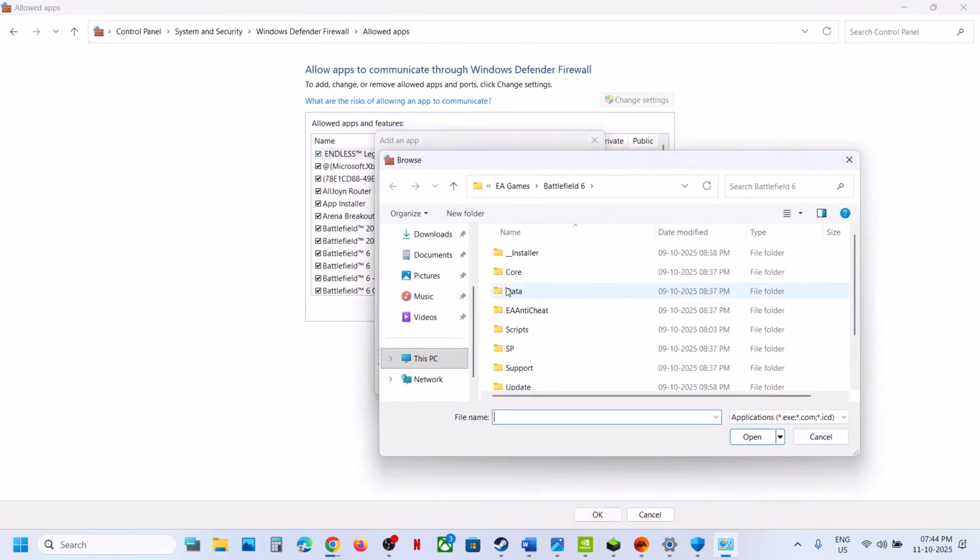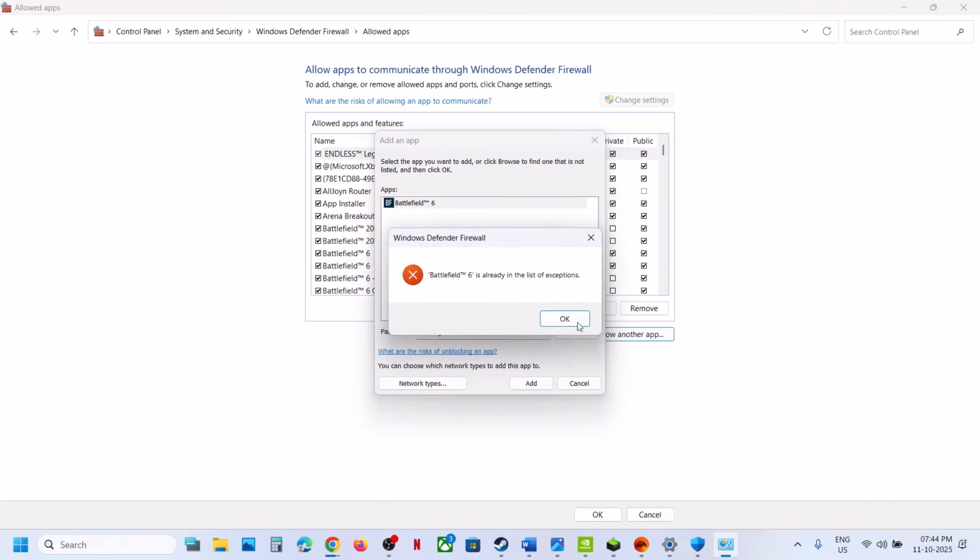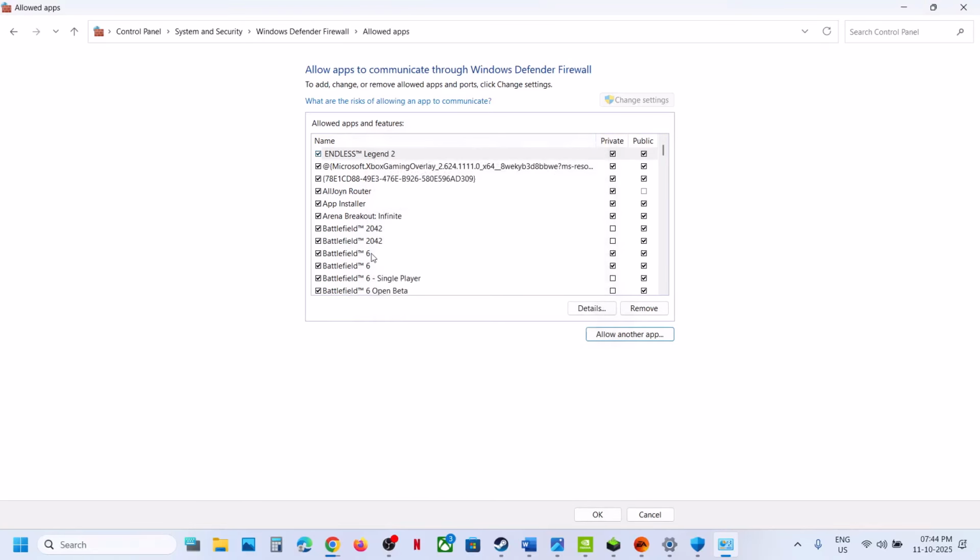Click on browse. Again go to the game installation folder. Select the game exe file. Click on open. Click on add. In my case, it is already added. Once the game is added for Battlefield 6, you can put a check on both private and public. Put a check over here and then